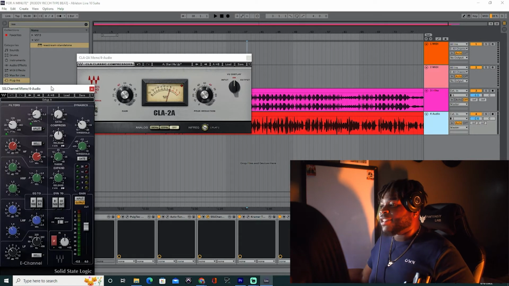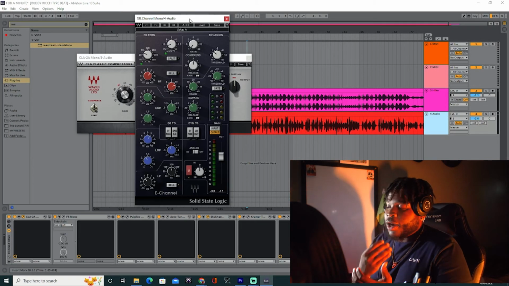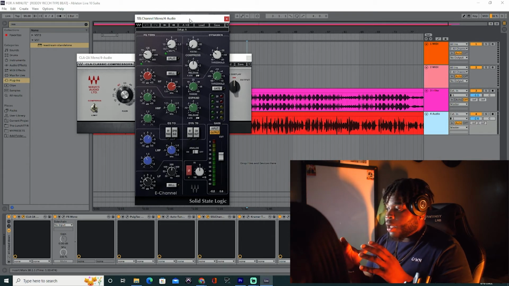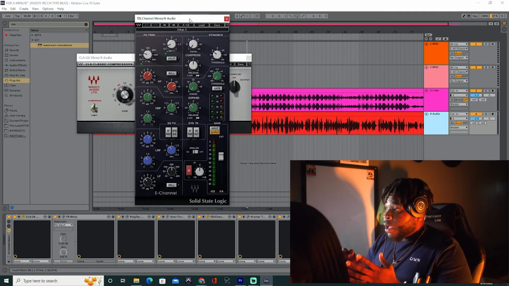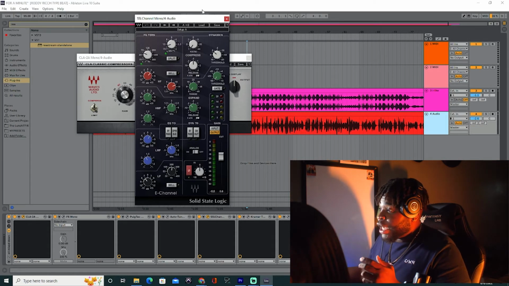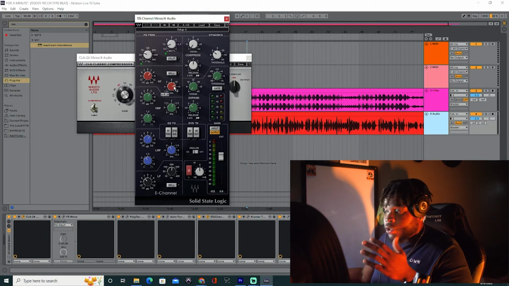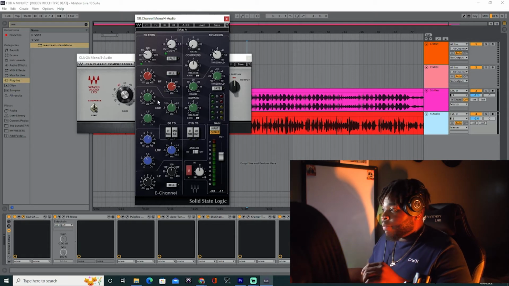Next, I have the SSL Channel, another excellent EQ. It's a great analog EQ, basically filtering out some of the low end, boosting a little bit of the high end, another boost to the high end. Mid range, I'm doing a 3 dB boost here, a 3 dB boost at the 8K range. I'm sorry, not 8K, 800 hertz range,